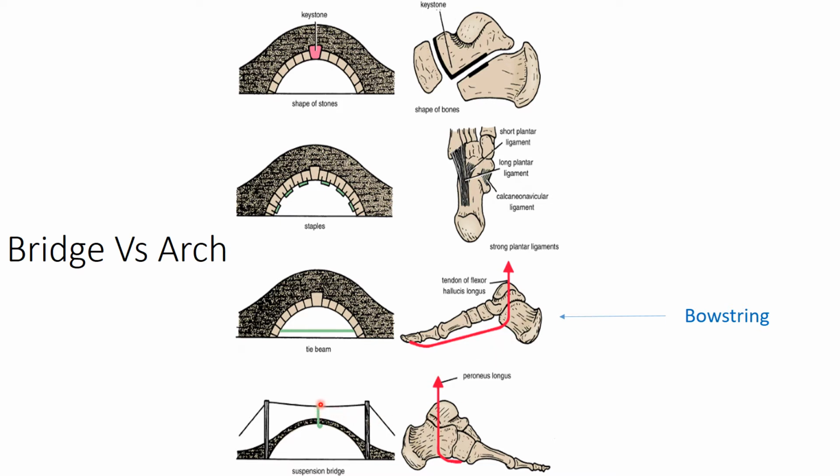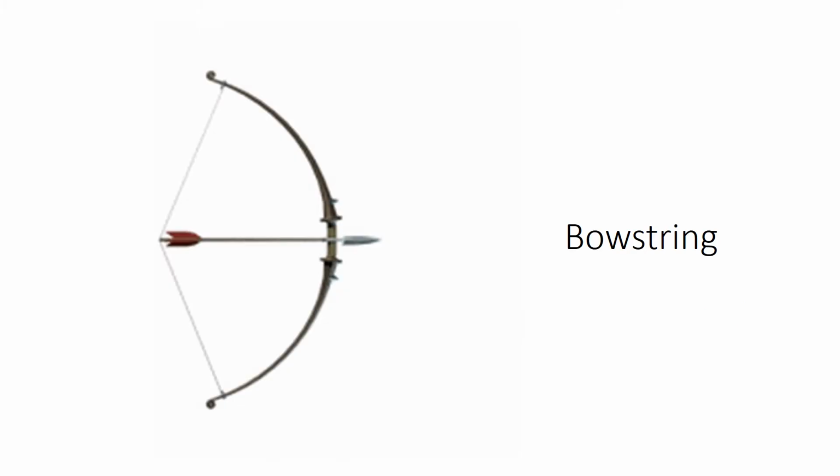And the fourth thing is there is a suspension rope or suspension portion which suspends the arch and gives traction to the arch, and the same traction is here provided by the muscles. The muscle related to the medial longitudinal arch is the tibialis anterior, or in case of the lateral longitudinal arch, the traction is provided by the peroneus longus. So they heighten the arch. So there are several similarities, and we will discuss them one by one.